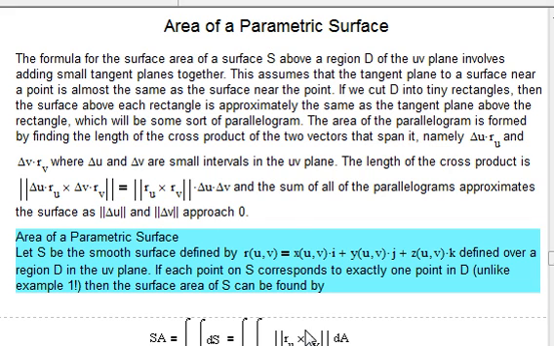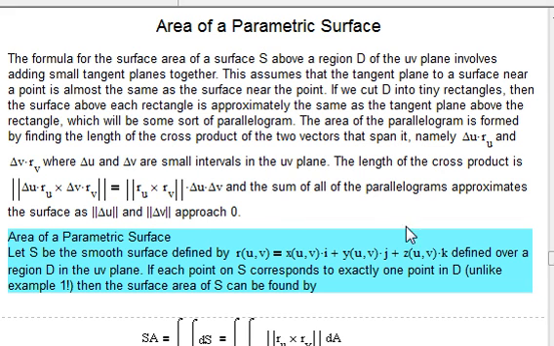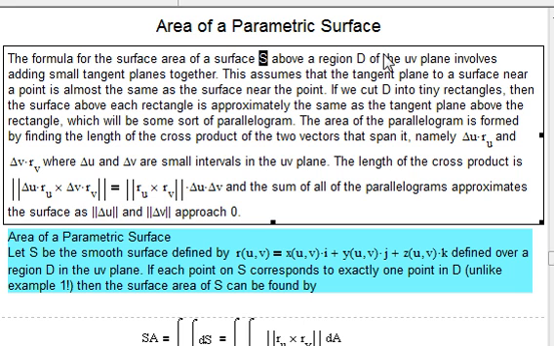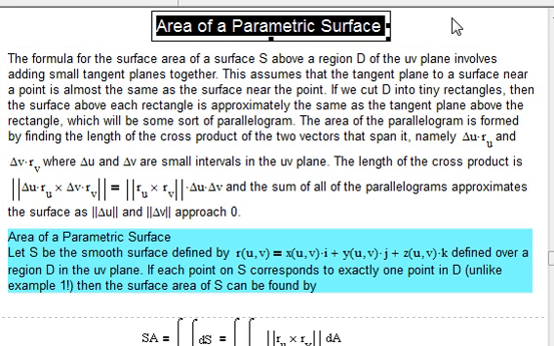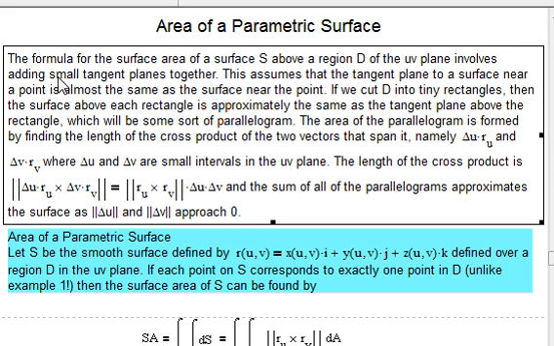In this video, we're going to investigate the formula for the area of a surface S above the region D of the UV plane and finding the area of that parametric surface, okay? And what we're going to do is wind up adding tiny tangent planes together until we make up the whole surface, because we'll let the norm of the partition approach 0,